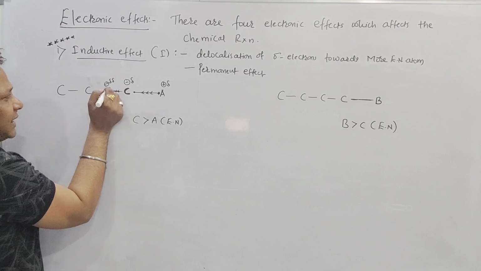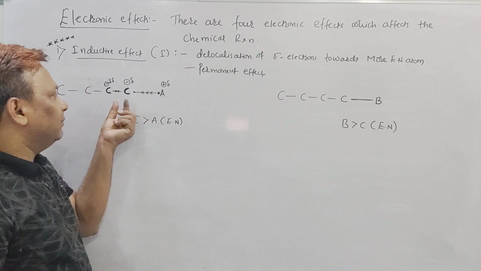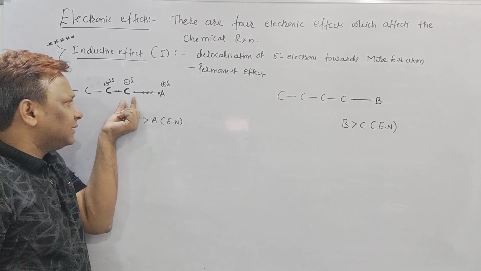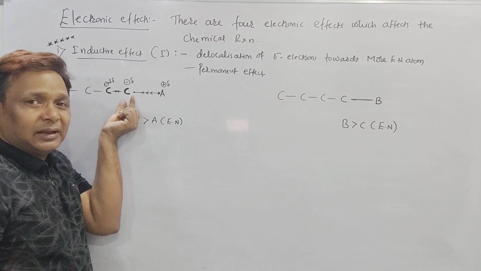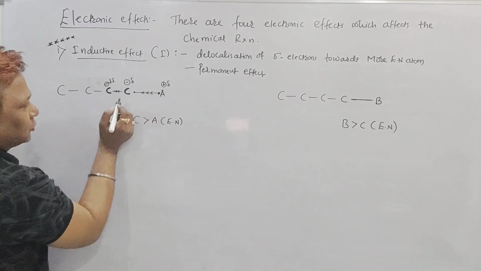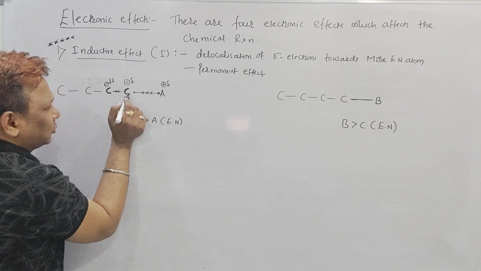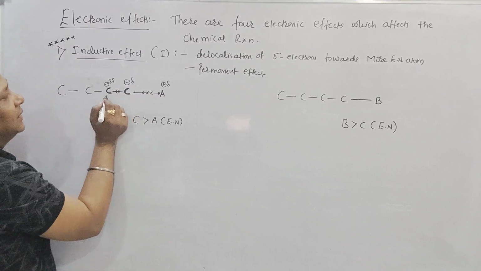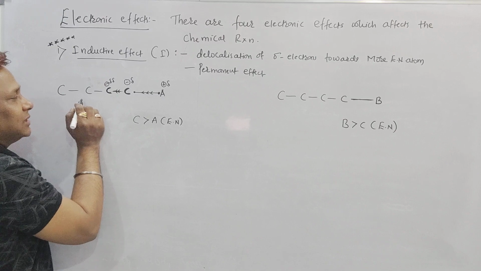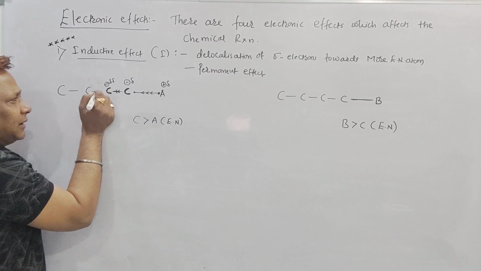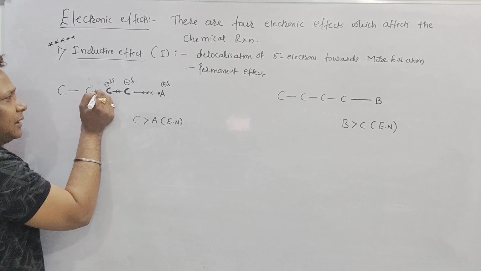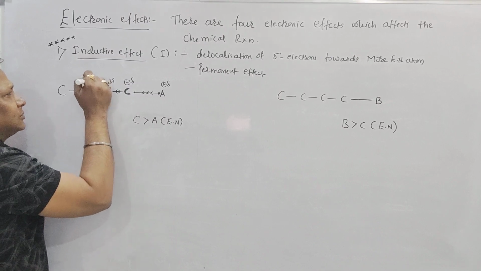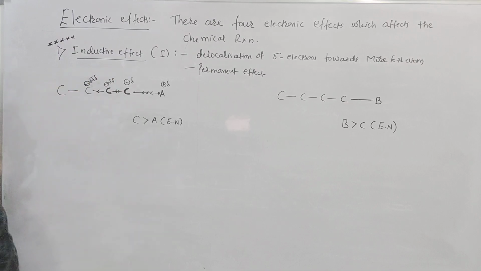But it is also having an excess of electrons, because before developing the charge over it, they all have their octet. But as this C will take the electron from A, C will get more than an octet. So to maintain its stability, to maintain its octet configuration, it will give its electron back to the neighboring atom. The neighboring atom will get a partial negative charge. Again, to complete its octet, it will give its electron to the neighboring atom, and it will also get a partial negative charge.